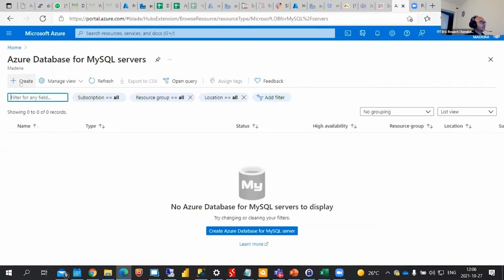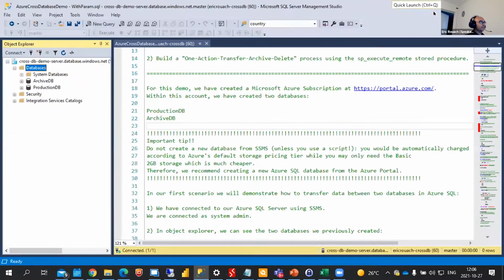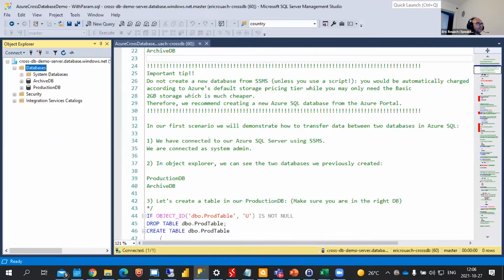And just create a new one. And this is much more recommended. You can avoid spending a lot of money using this. So with no further transition, let's jump into the first use case I want to demonstrate, which is transferring some